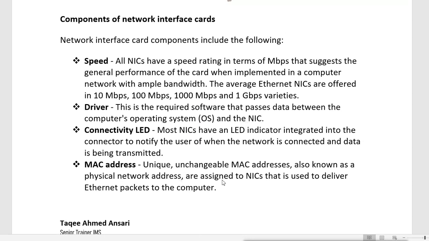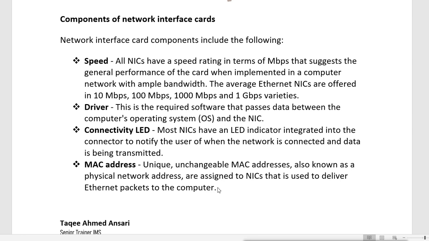Then MAC addresses. Unique, unchangeable MAC addresses, also known as physical network addresses, are assigned to NICs and are used to deliver Ethernet packets to the computer. These MAC addresses are unique in the world; every machine has a unique address.